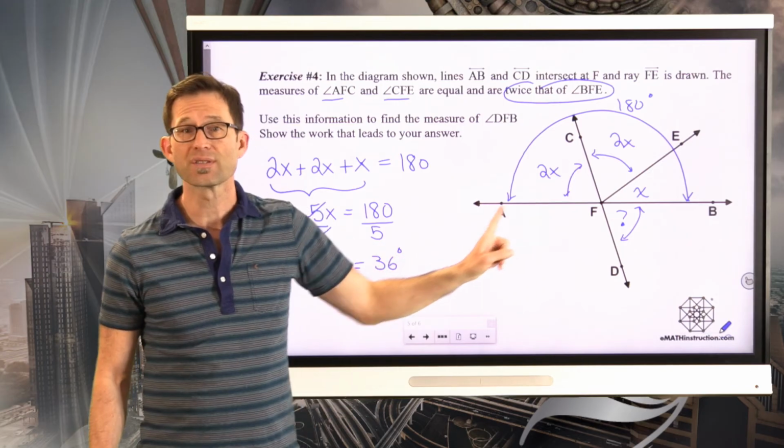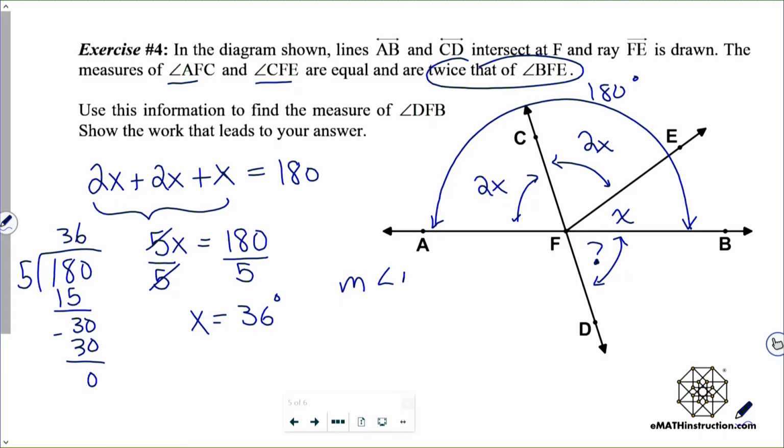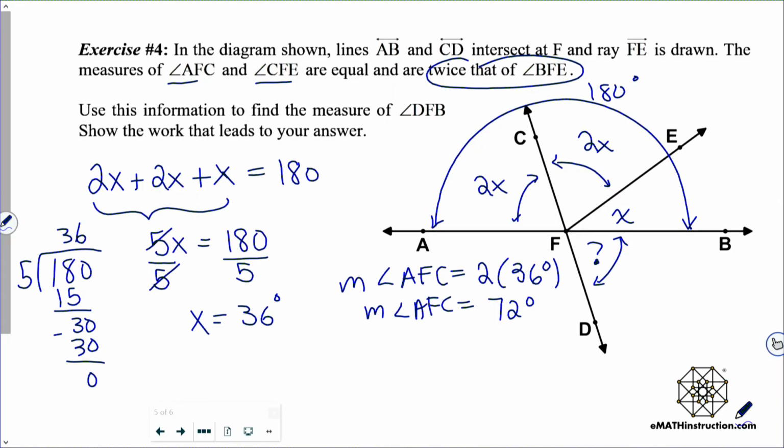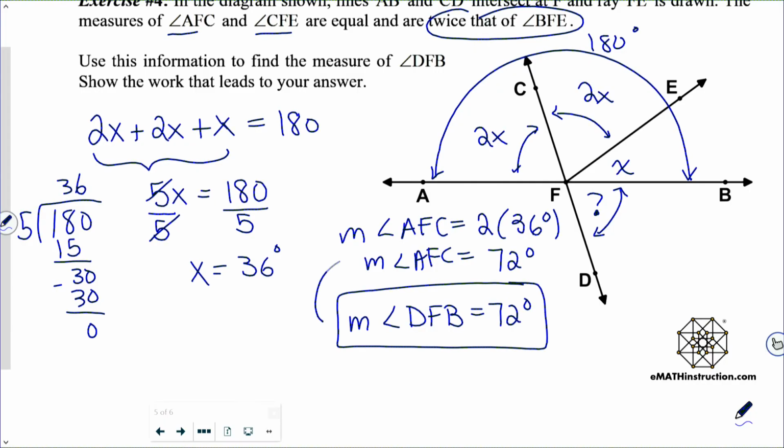But that angle is just twice x. So I can say that the measure of angle AFC is twice 36 degrees, which is 72 degrees. And that's the same as what I'm looking for. The measure of angle DFB is also 72 degrees because it is vertical